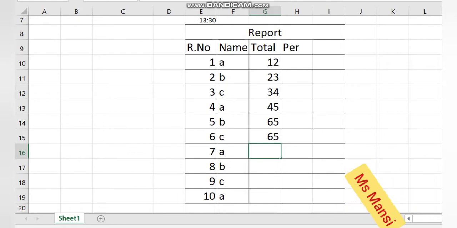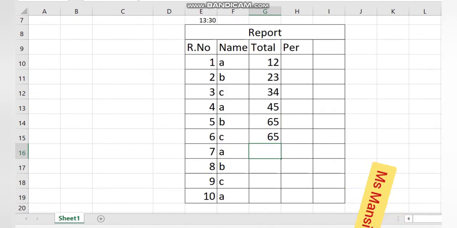Next is using the undo and redo buttons. What is the use of undo and redo? The undo command is used to quickly reverse the last action. Means the last action we performed here, 56, we changed to 65, and the undo command reverses what you have done.